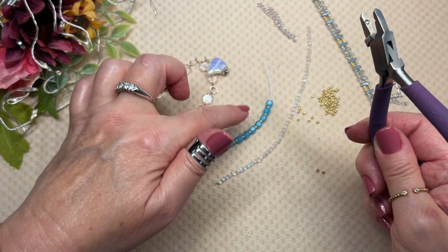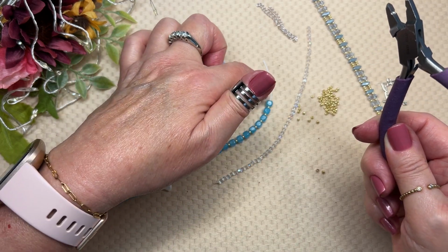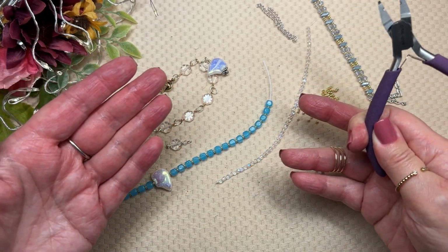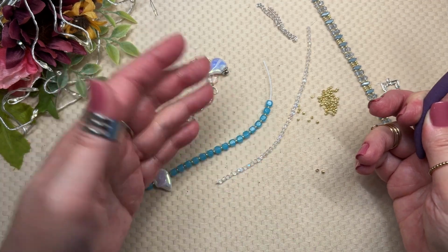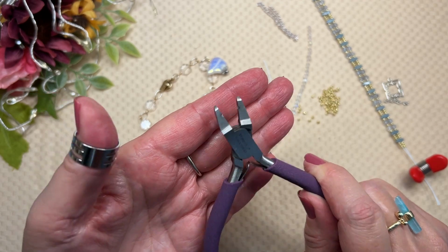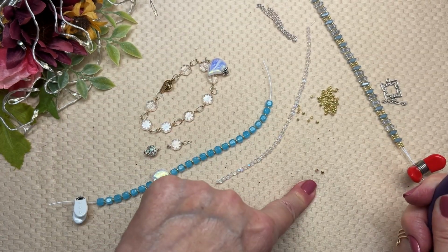When it's crimped, especially like I'm using a gold crimp tube with the seed bead, a non-jewelry maker can't tell how the bracelet is held together because it doesn't look like it's doing a function. It looks like another little bead. And I really love that, but this plier works well with the Soft Flex 49 strand and a number 2